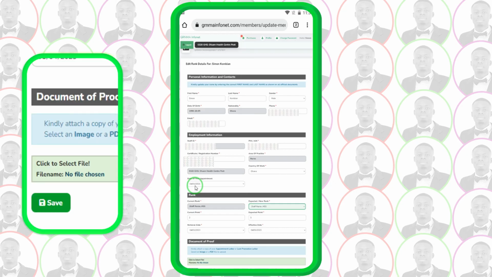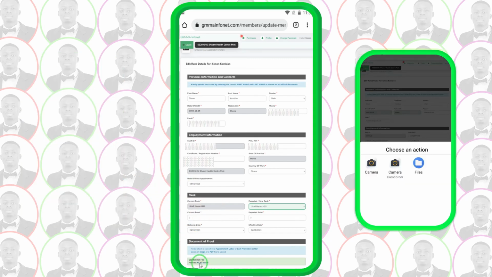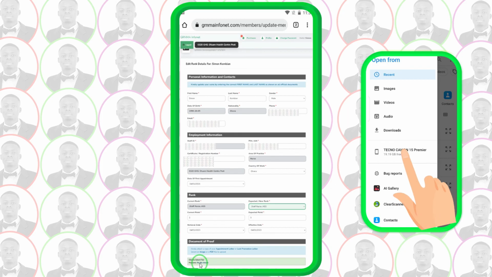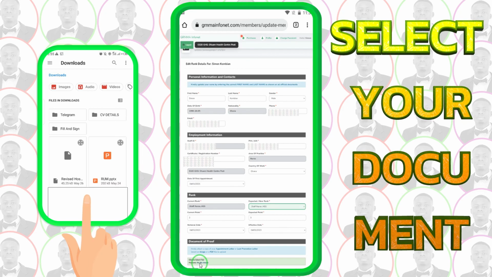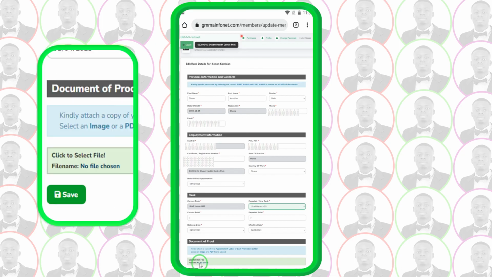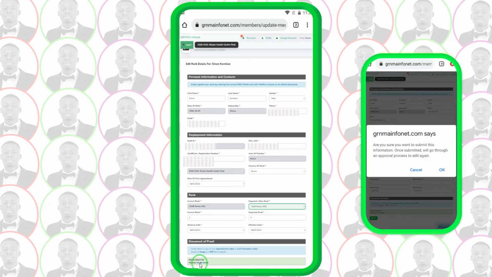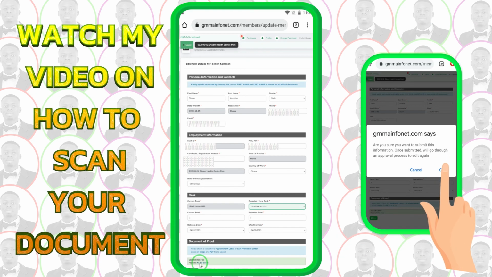So after doing that, you now come here, then you tap on select document. Now when you click on this, it will send you to your phone where you've saved your files, and you can select your file or your document. So if you don't know how you can scan your document, I have a video on my channel on how you can scan documents. Just browse through and you see the video, watch the video, and it will guide you on how you can scan your document and where you can save it so that you can locate it when you get here. So if you've gotten here and you've not scanned your document, just go and scan your document, use the same system, and you'll be able to identify your file. So after identifying your file,